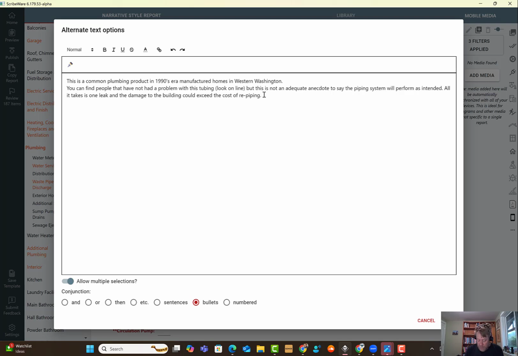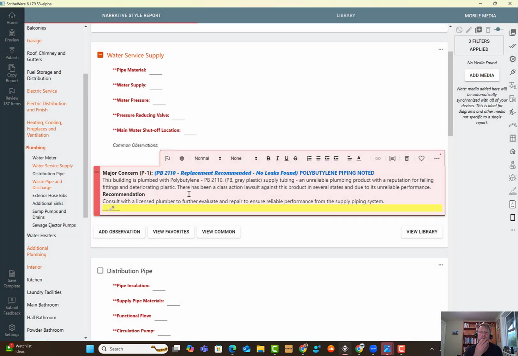You see how this is such a cool exercise, because all the things that you're tempted to put inside of a comment that might not apply universally, you can build into this little gunny sack. And remember, this gunny sack, the pen stays hidden unless I choose something from it. So now I have this nice simple comment. Polybutylene piping noted, this building is plumbed,